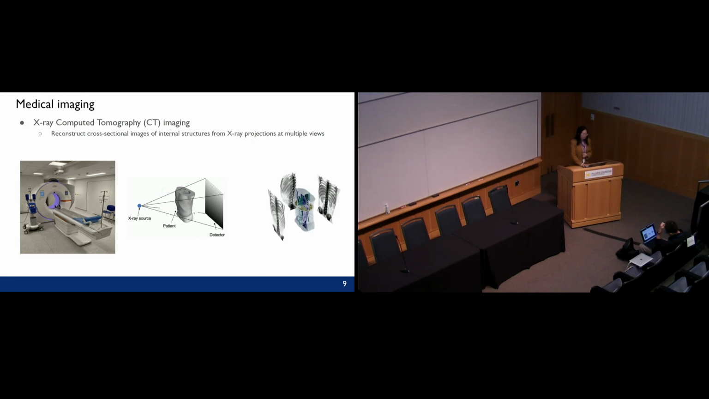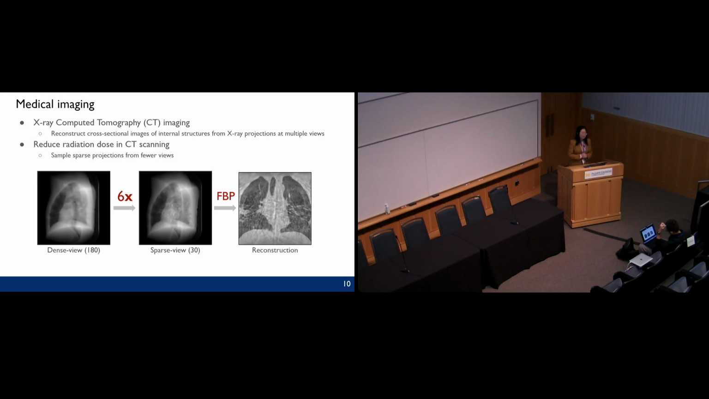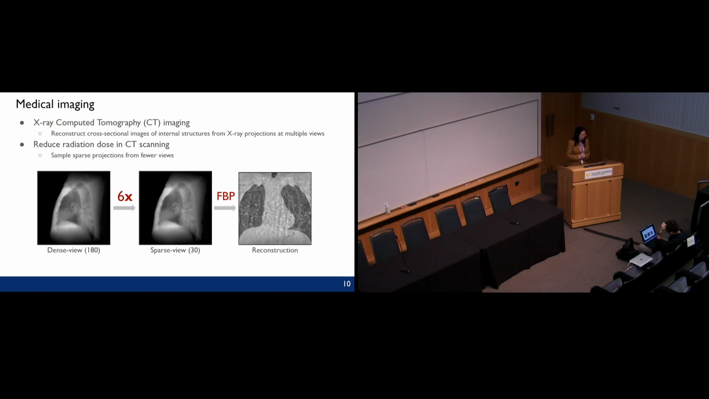The first is X-ray computed tomographic imaging. The physical fundamental behind it is that we get projections of the human body at different view angles. And we want to reconstruct the cross-sectional images of the internal structures of the living subject from those projections from the different view angles. And one important thing about CT scanning is that it will expose the